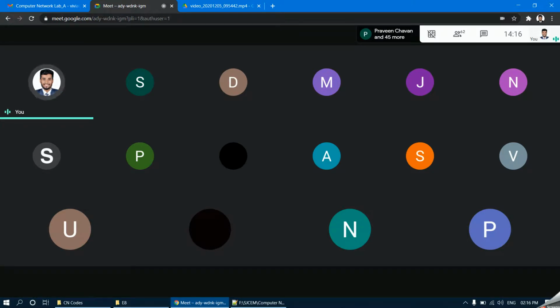NS2 requires Ubuntu. If you have Ubuntu, then you can install NS2 on your systems. The process of installation of NS2 is a bit time consuming. Normally our college has dedicated Ubuntu systems where NS2 is already installed.